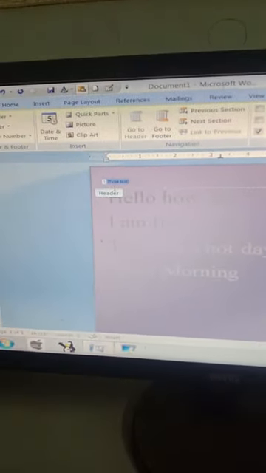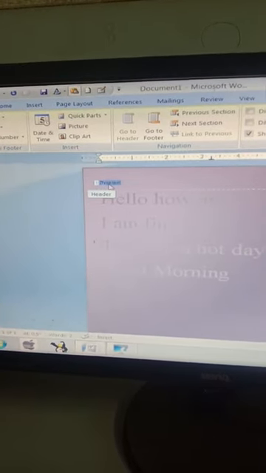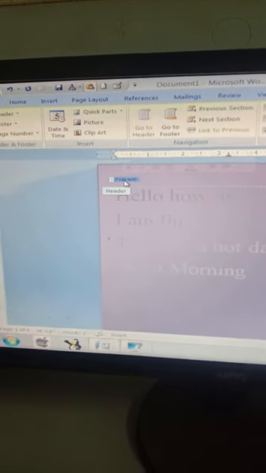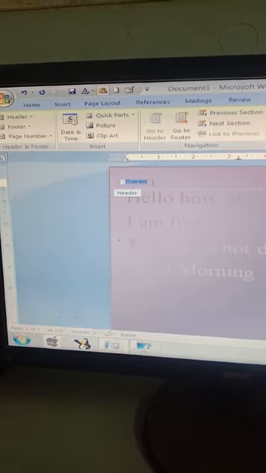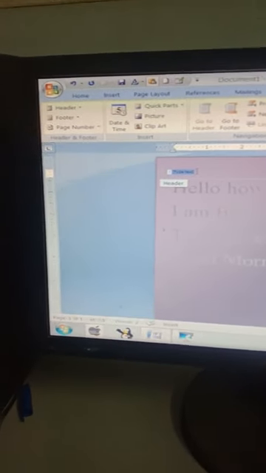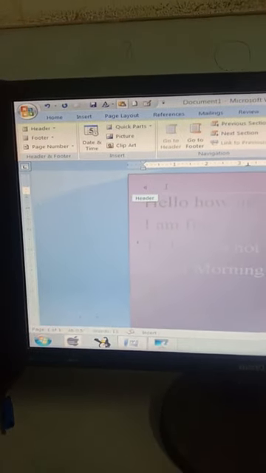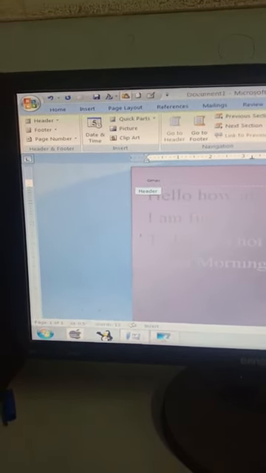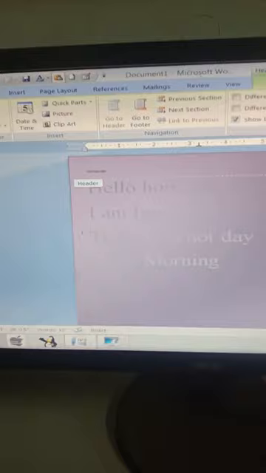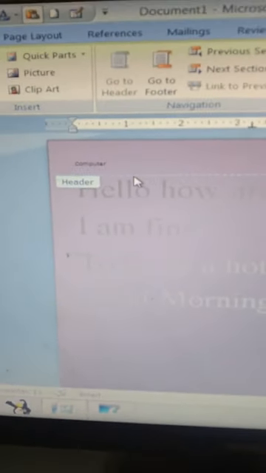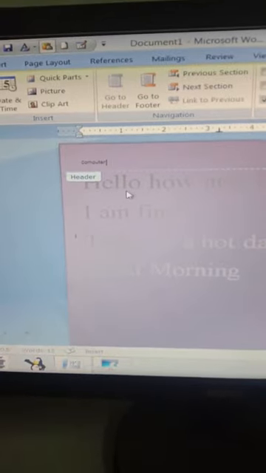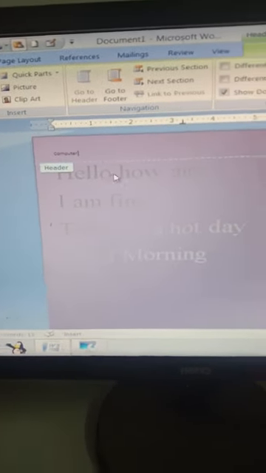As soon as I selected it, the blank header appeared over here. Now you can type the text over here, like suppose I have typed COMPUTER. So look over here, the word computer has been typed, and this is the header that appears at the top of the page.